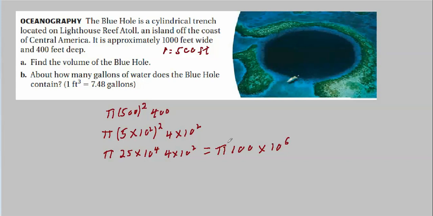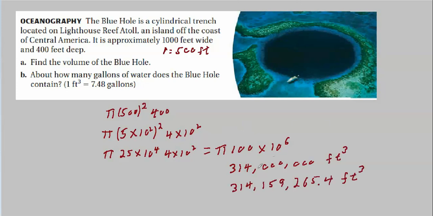But if I use 3.14 for pi, then I get 314 million. If you use the pi button on your calculator, you'll get a whole bunch of other stuff out here, because pi actually has more than 2 places past the decimal. And now you see the difference between approximations. I should probably do that and show you what the actual answer is. If you use the pi button on your calculator, which has pi out to, I forget how many places, 10, 20, something like that.